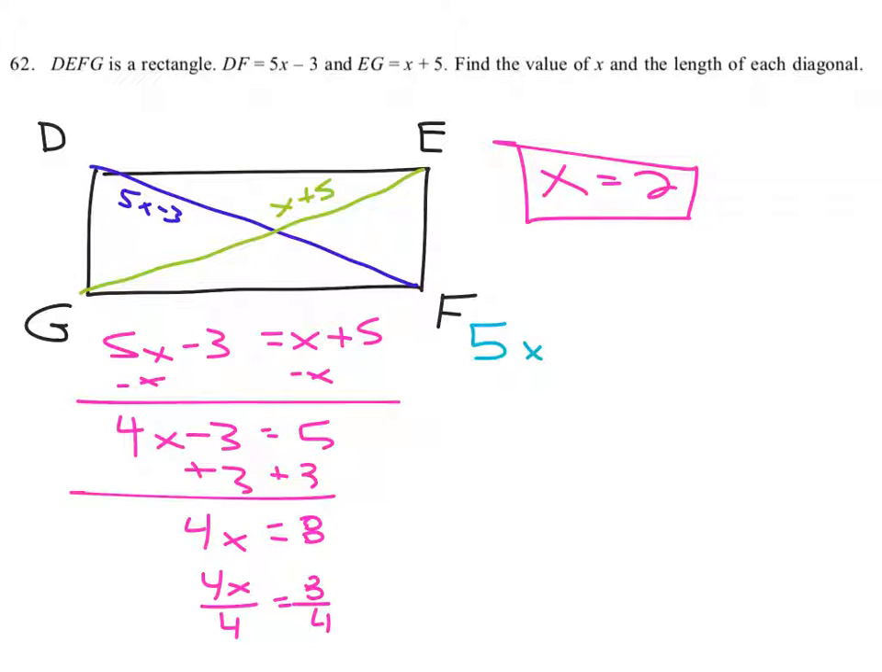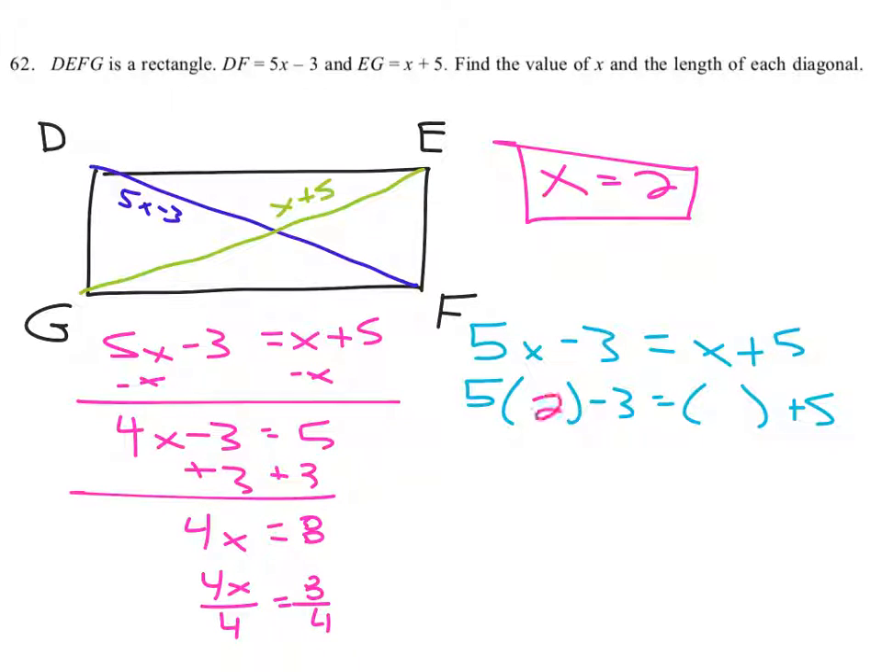Okay, so 5x minus 3 equals x plus 5, and then we could say 5 times (2) minus 3 equals (2) plus 5, and what did we say x is? X is 2. So let's simplify that out. 10 minus 3 equals 2 plus 5, or 7 equals 7, which means